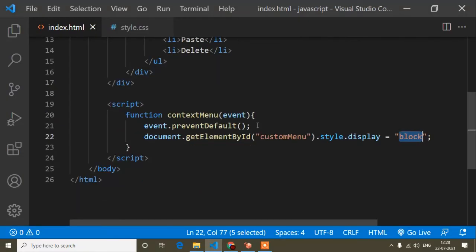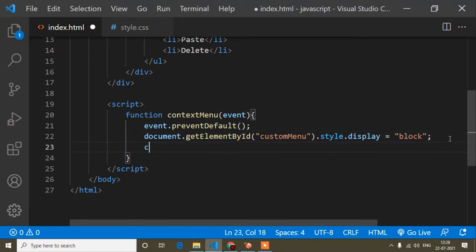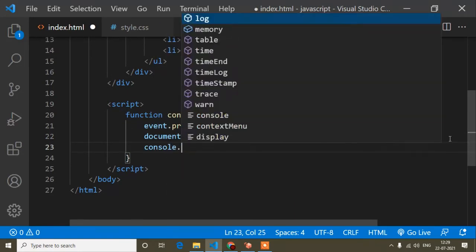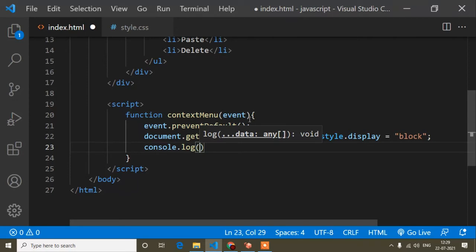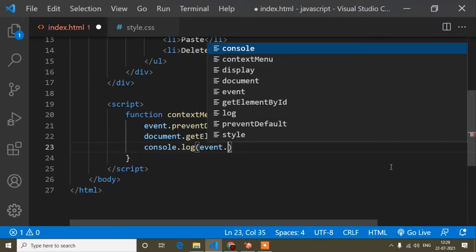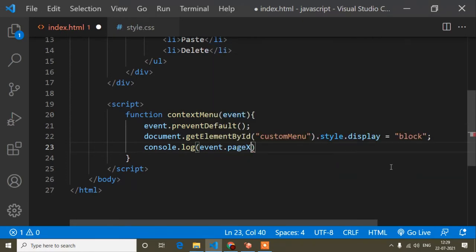So for making this, suppose here I write console.log and this event, and there is a JavaScript property, that is pageX. The pageX property returns the position of our page.